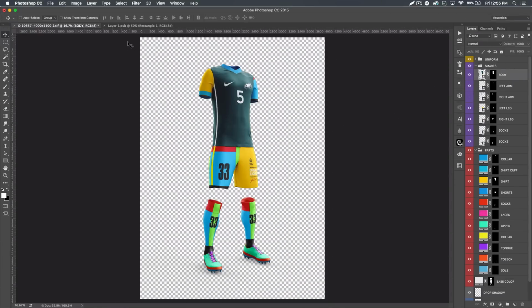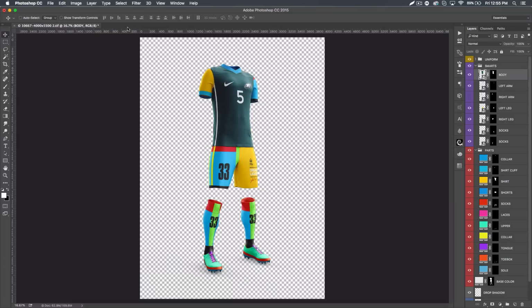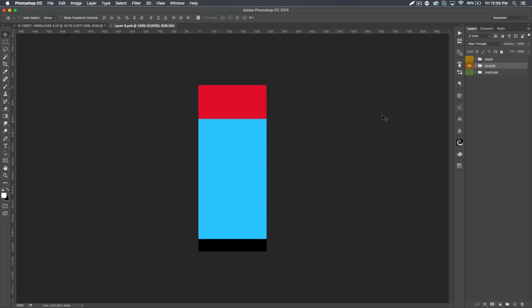But then after you finish with everything you want to do there, you can just click X, and that'll get rid of that layer, and you can just move on down. And I don't know why that's unchecked, but then you want to go to the left arm, and you can add whatever. I recommend saving any colors